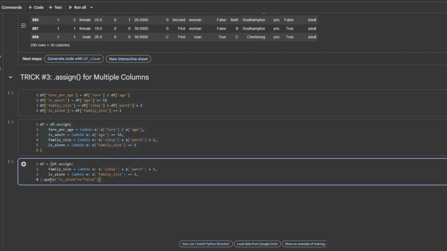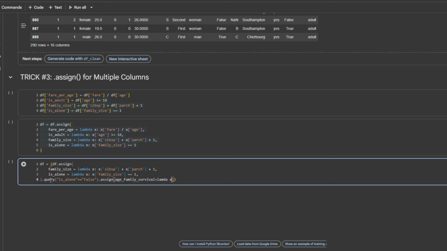Then again we can add another chain to this. Maybe we can say assign, maybe age, family, survival, and we can write a lambda function,